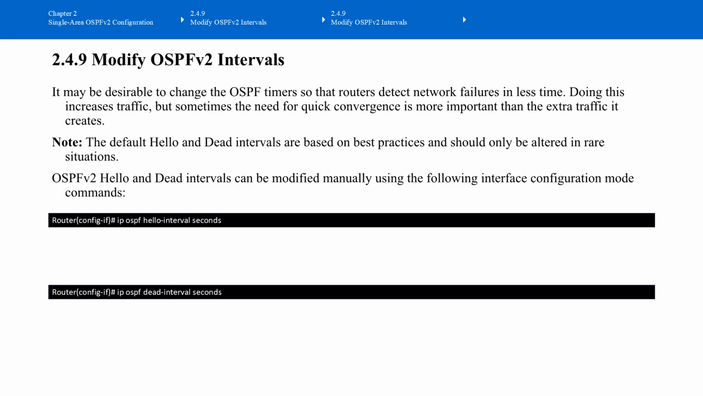To manually change the timer on an interface, use the following commands. First, we go to the interface configuration mode, and then use ip ospf hello-interval and the seconds. This is for the hello interval. And for the dead interval, use ip ospf dead-interval and then seconds. For example,